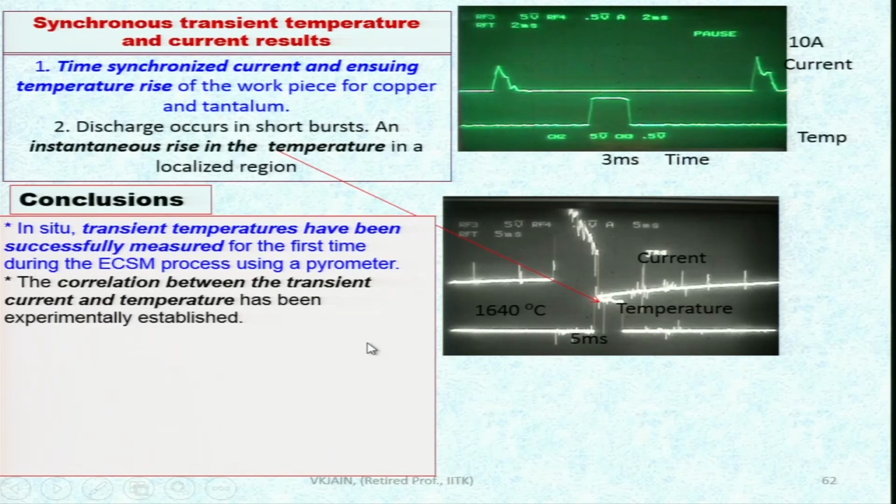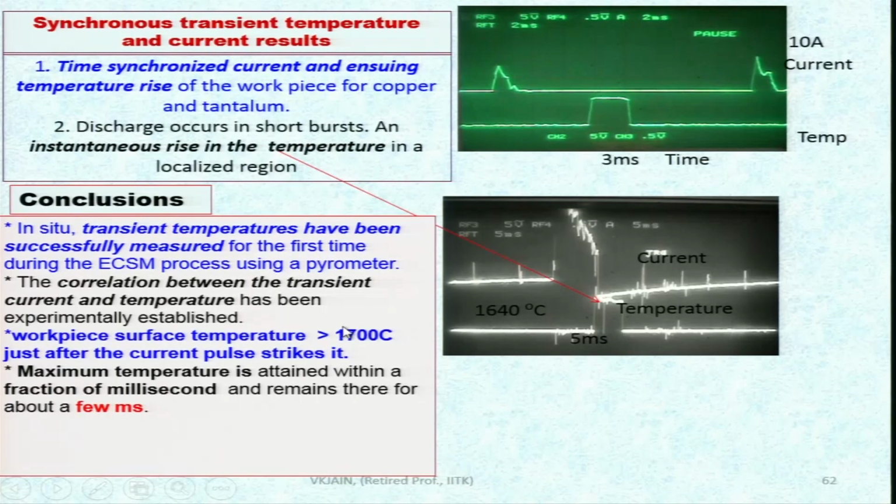Conclusions. In situ transient temperatures have been successfully measured for the first time during the ECSM, and you can also call it the ECSMM process, using a pyrometer. The correlation between the transient current and temperature has been experimentally established. We have seen here, this is the current, this is the temperature. We can find out at what difference of time the temperature rise is taking place, because all this phenomena of conduction and convection take time. Working surface temperature or workpiece surface temperature is greater than or around 1700 degrees centigrade